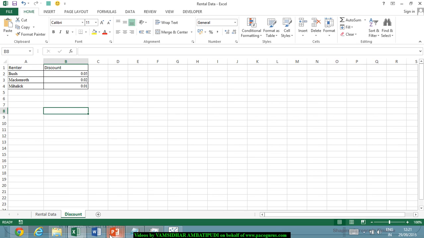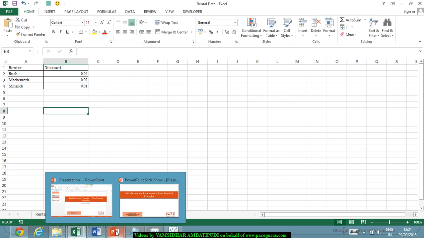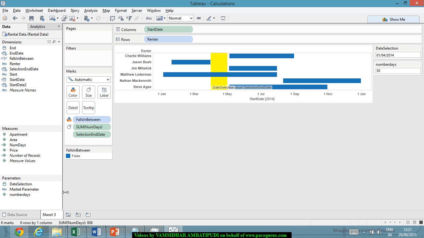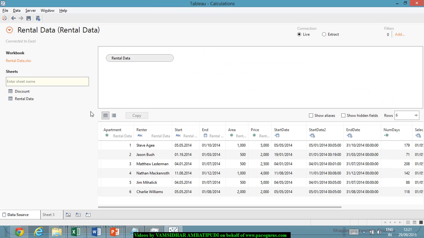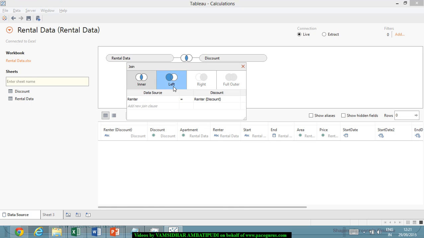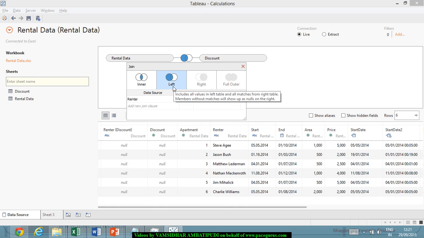Even if I try to do some kind of a join between the two, I cannot get the joining. So even if I add rental data and discount, and say it's a left join, based on the renter as a field in both cases,